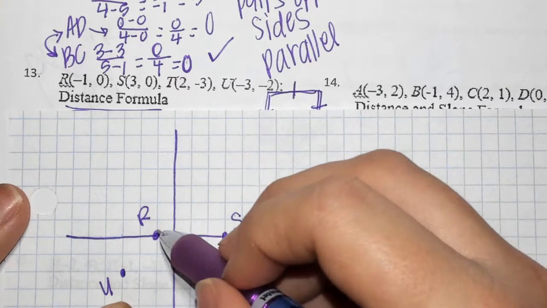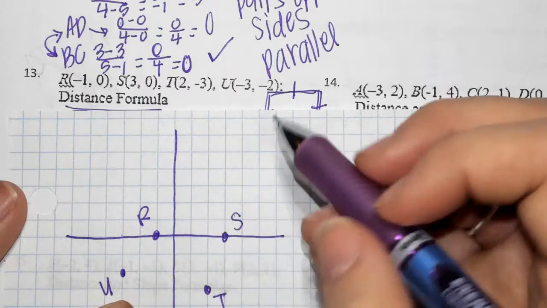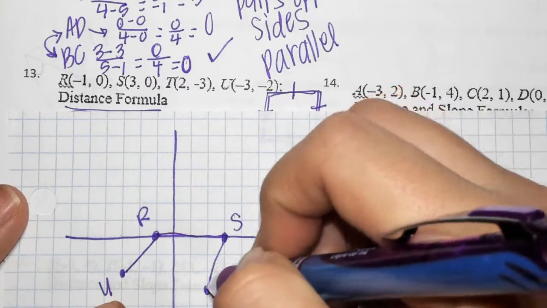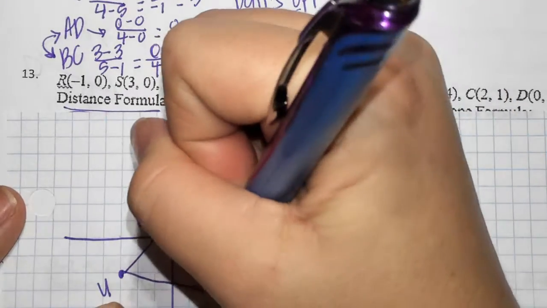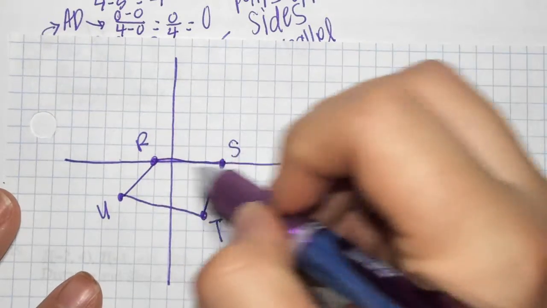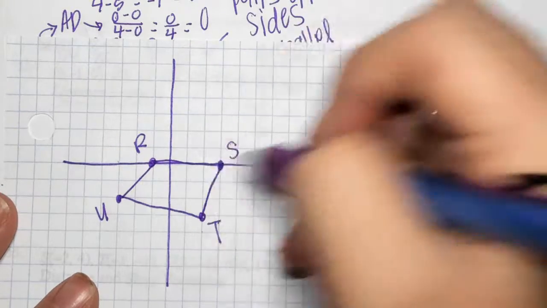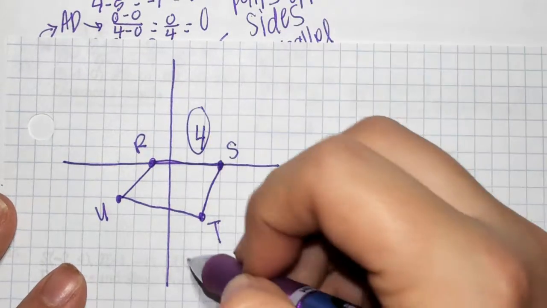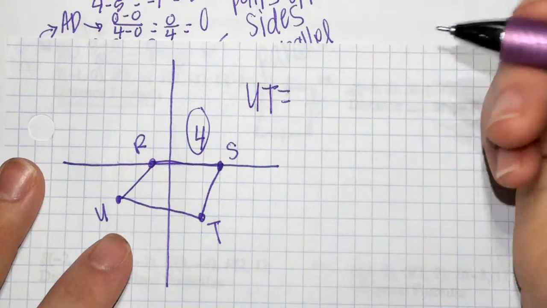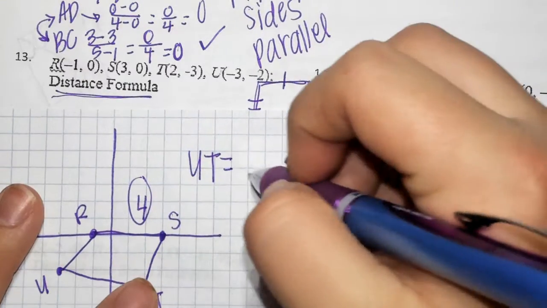Check. Negative 1, 0. 3, 0. 2, negative 3. Okay. Well, this looks kind of funky, right? Does it look kind of funky to you? What's the distance of RS? 4. Okay, let's find the distance of UT. Well, using the distance formula,